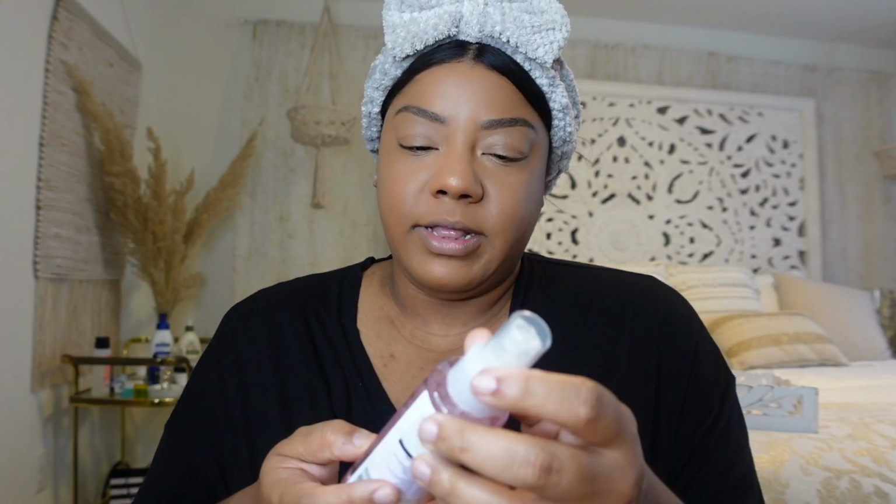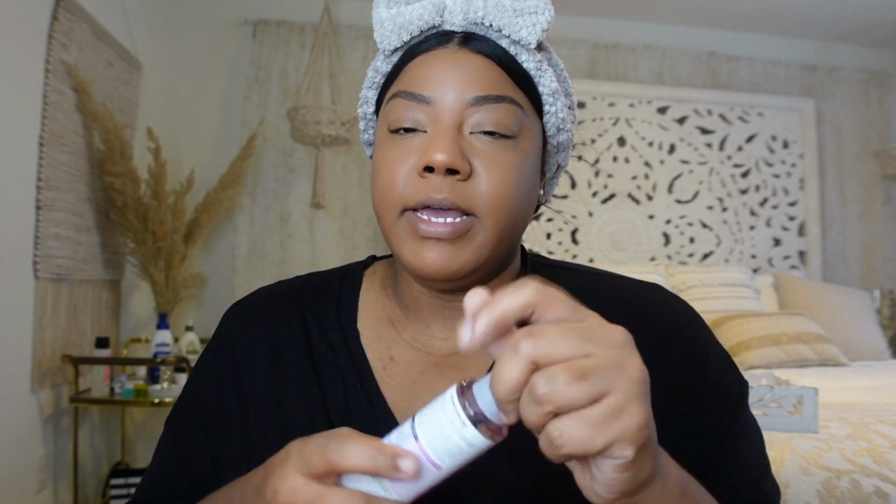I already put on my foundation, which you guys know I love my Fenty foundation. It's my tried and true, so I will always be using Fenty. I'm gonna just spray my face real quick with this Garnier Skin Active face spray. It's already summer, so of course I have like a dewy look already, but we're gonna use all of these products. I already did my brows, but I will sort of fill them in a little bit,